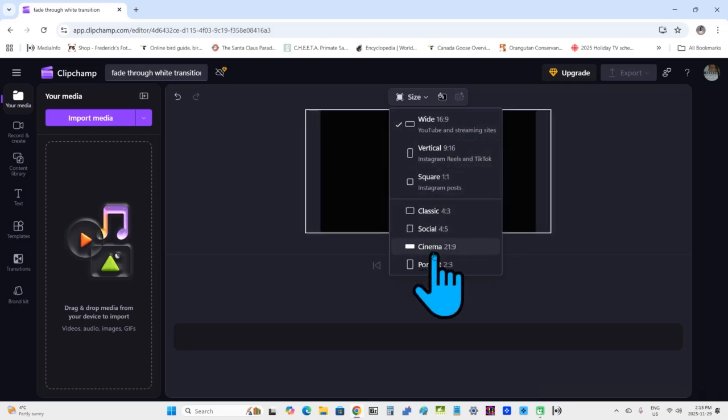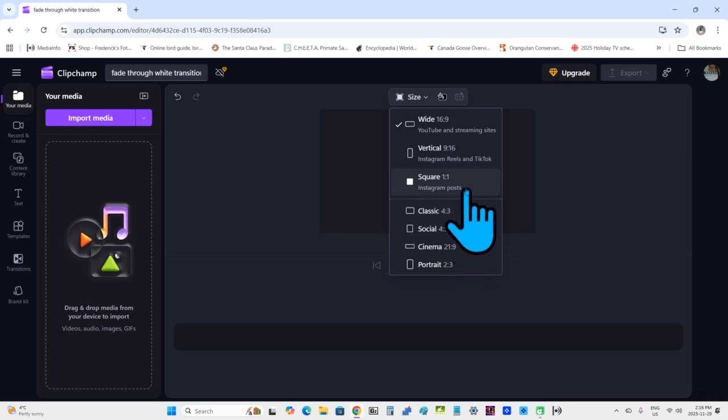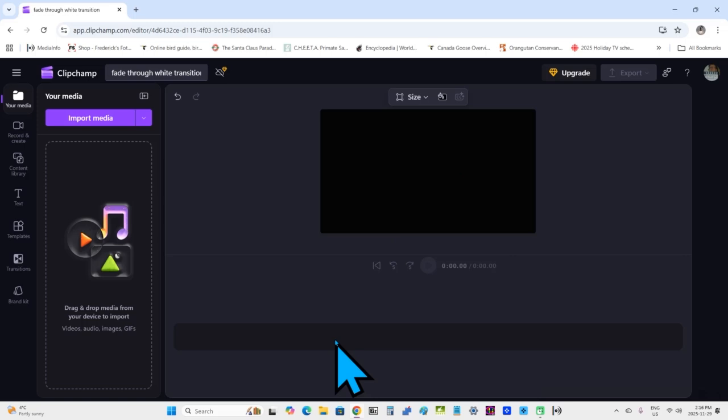You can see we have other aspect ratios here, including classic 4:3, which was the old aspect ratio on the old televisions that we had many years ago, the CRT televisions. And of course we have vertical, which is great for YouTube Shorts, Instagram Reels, and TikTok. But wide is what I need because my clips are 1280 by 720. That's definitely 16:9. Okay. Now, on the left of the screen, I'm going to click Import Media